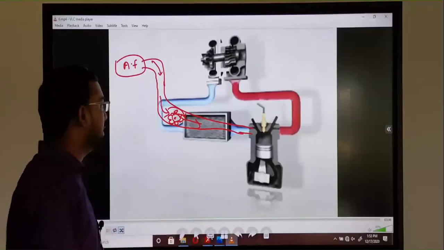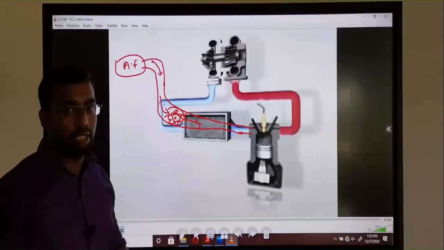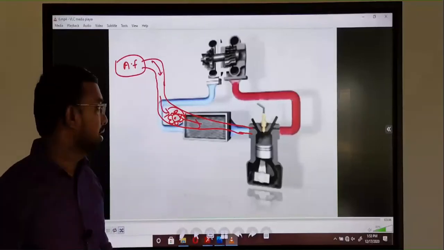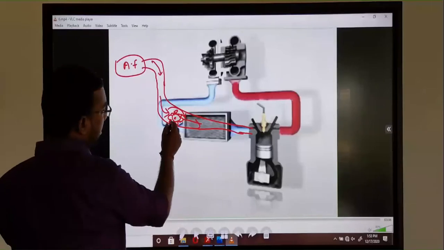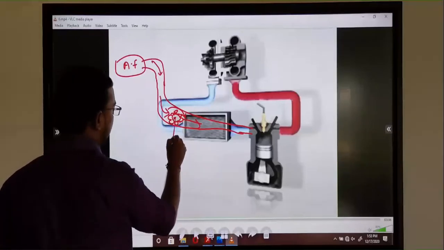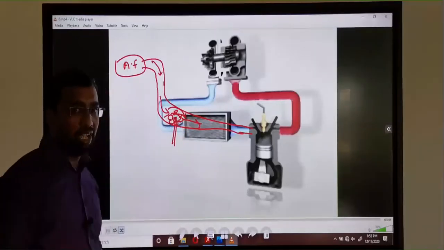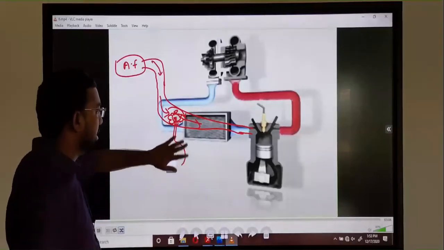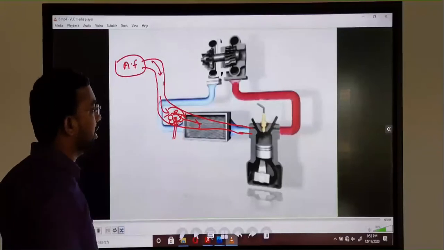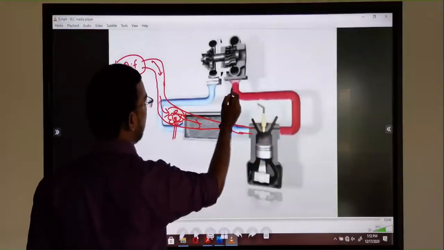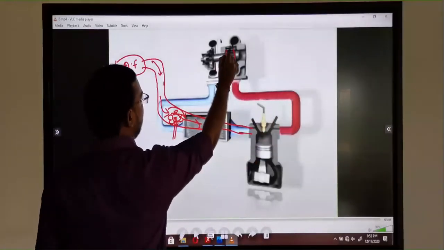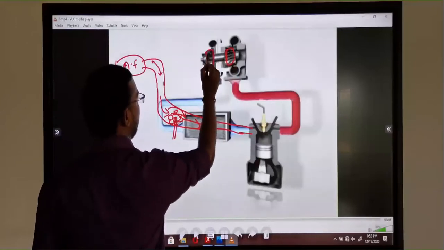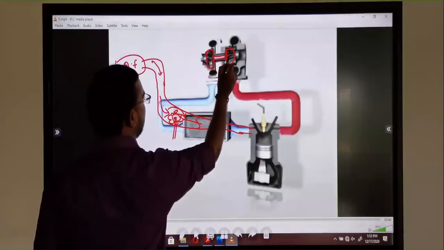Okay, since the intake air is high, but just think, if we rotate this wheel, we have to fix a motor additionally to rotate this wheel. Instead of that, here you can see this is the exhaust manifold, this is also a wheel, this is also a wheel, both are connected with the same shaft.